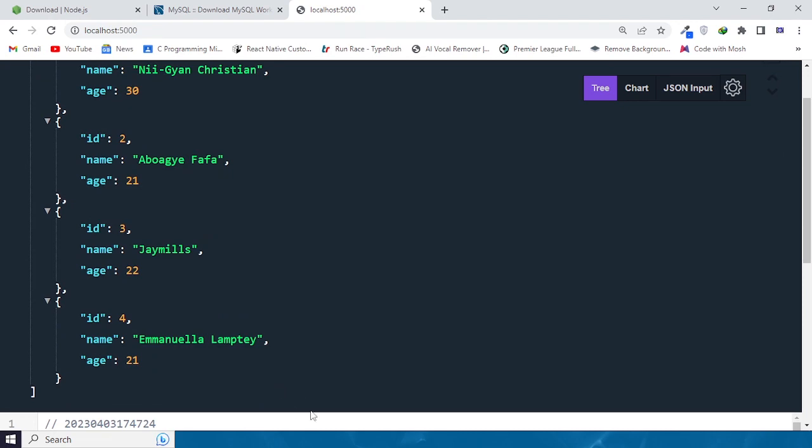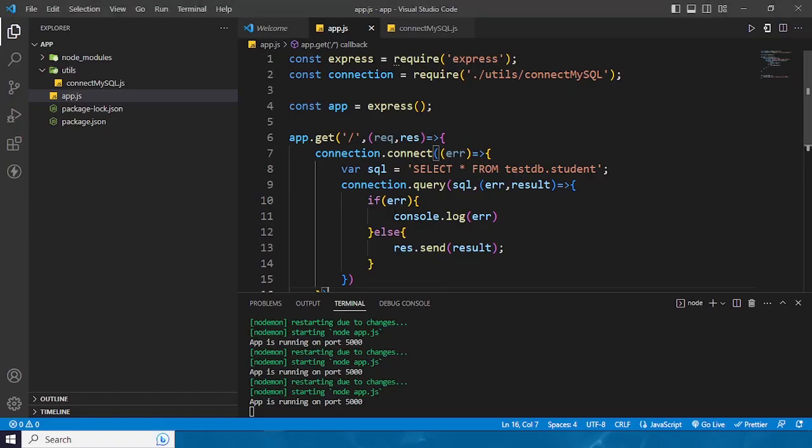So let's go back to our application. Basically we've been able to connect successfully. Let's add a last tryout to it. Let's try and insert into the table too. So we are going to use insert into, and then we are going to insert into the student. And then the values we are going to use,